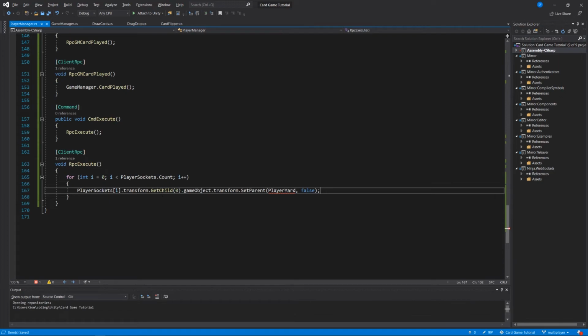for each element or each item within the player sockets, I'm going to get the first child within it, and each one of them should only have one child. It's the card that has been placed in that socket. I'm going to grab the card's game object and set the parent of its transform to the player yard, actually to the player yard dot transform. And I'm saying false here because I don't want it to keep its world position. I want it to change the world position of the card so that it fits neatly within the player yard